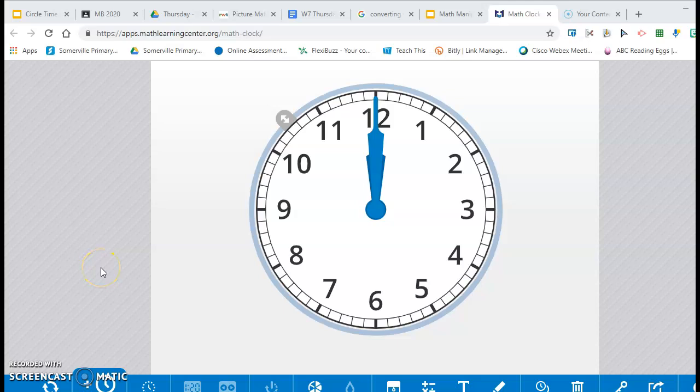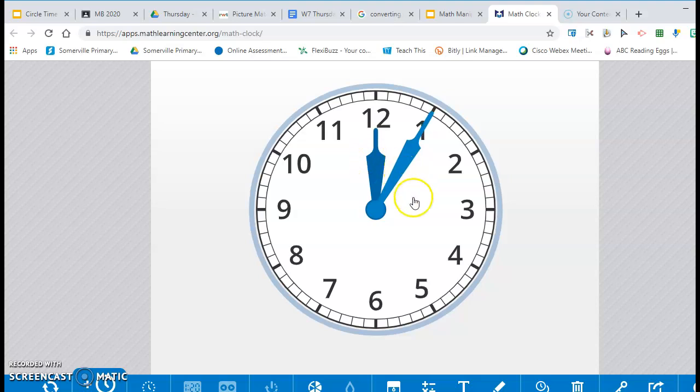Alrighty, hello middles. For the class task today, we are focusing on time and looking at analog clocks. So I just want to do a quick recap on how to read an analog clock. We're going to go through o'clock, half past, quarter to, and quarter past, just as a quick refresher. The first thing we're going to start off with is we're going to look at our hands and